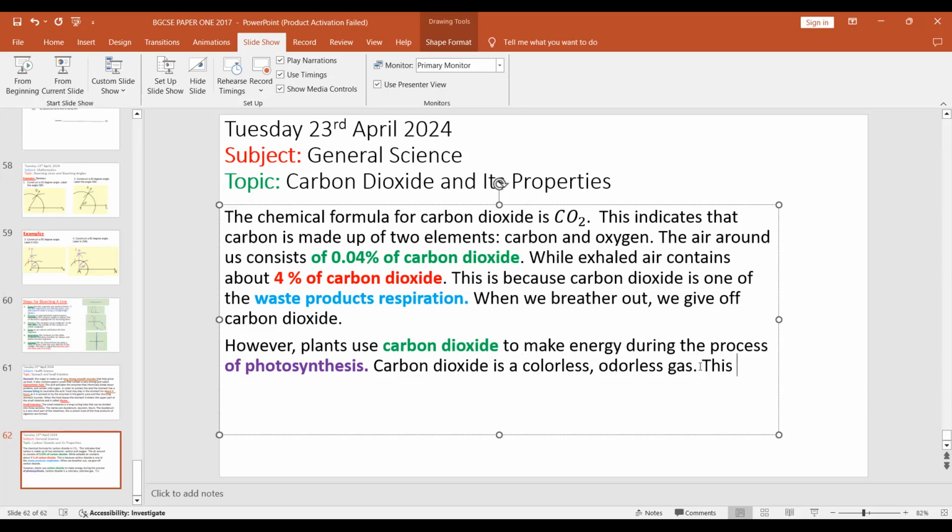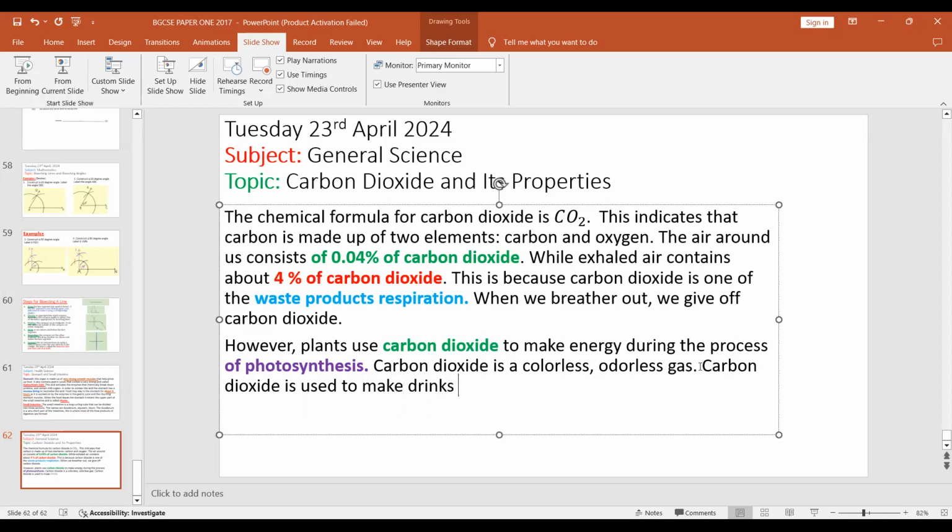This gas is more dense than air. No, but that's not it. We don't really need that. We need to know that carbon dioxide is used to make